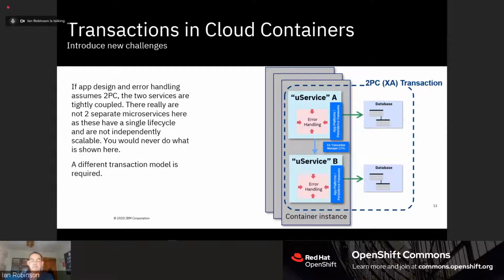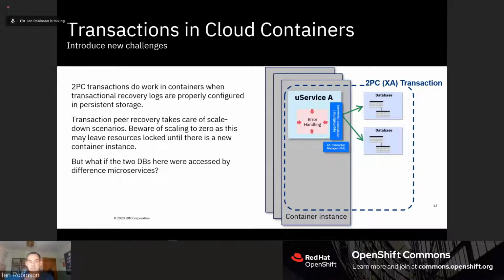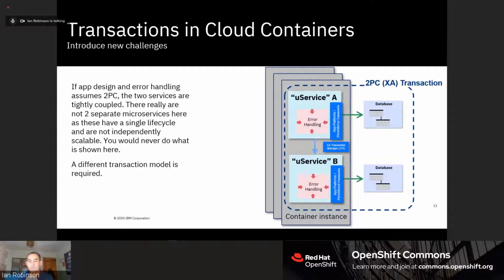If you were to try to break that, go back to that picture there, because this microservice is accessing two different data sources, that's a kind of strange way to think about a microservice. A microservice would typically encapsulate all of its data and interact with one backend persistent store if it needs persistent data. So if you try to break that picture down into two microservices that logically encapsulate the data in one database each, you can do that, but you're going to end up still needing to deploy both of those.